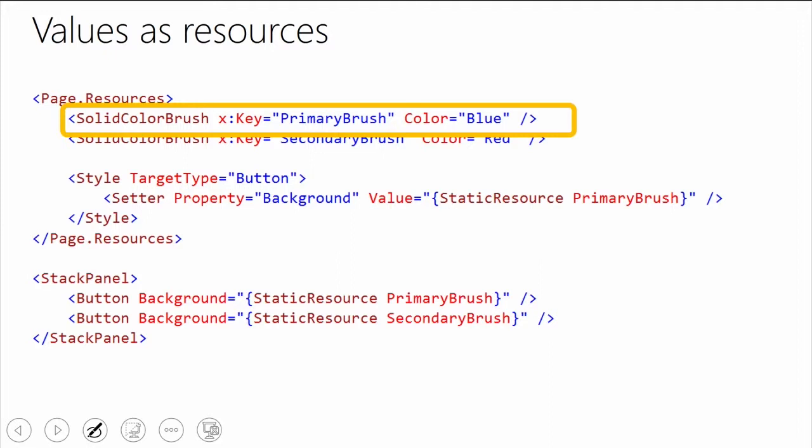You can see I'm using x:Key, and then I access it with a static resource, and it goes and finds that x:Key that matches that resource. So one of the key things to note about that is if we were setting the background using just the regular attribute syntax, we might have typed blue into the background field on the button. But when we're declaring the resource that we want to use, we're actually creating a solid color brush rather than just specifying the color. So it's important to understand that you need to be very specific when you're using those resources. Colors, sizes like numbers, sometimes even strings,